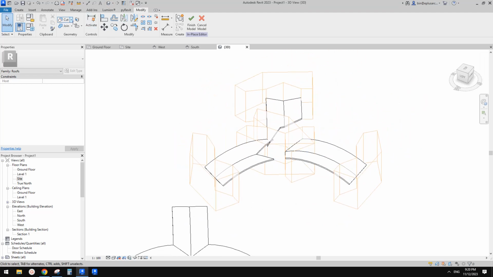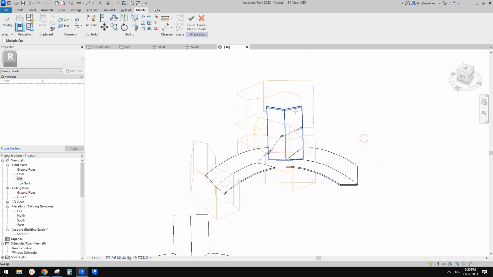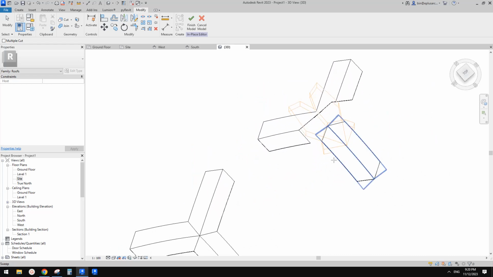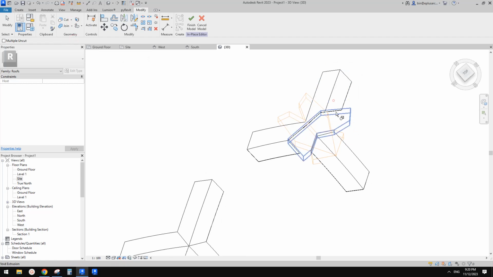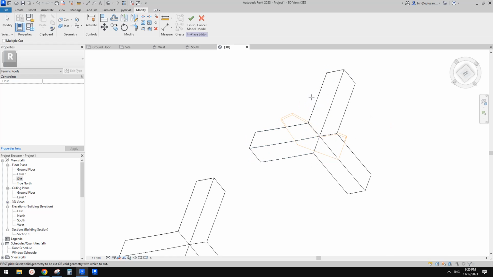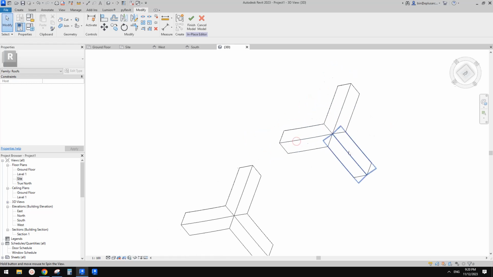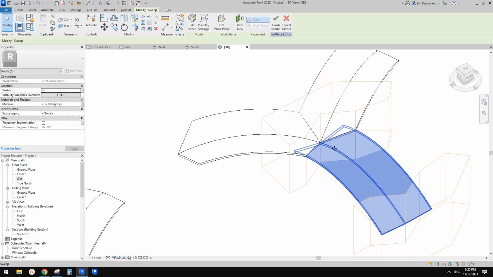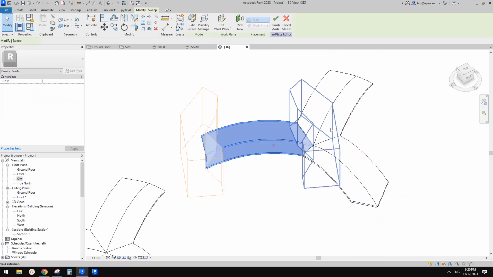Okay, so it looks like we need to cut again, right? And then it looks like we need to uncut this, uncut this, and then we need to cut this. Which one? Oh, this one, sorry. This one and this one. Okay, all good. So the second method is actually very similar to the first one, but what we need